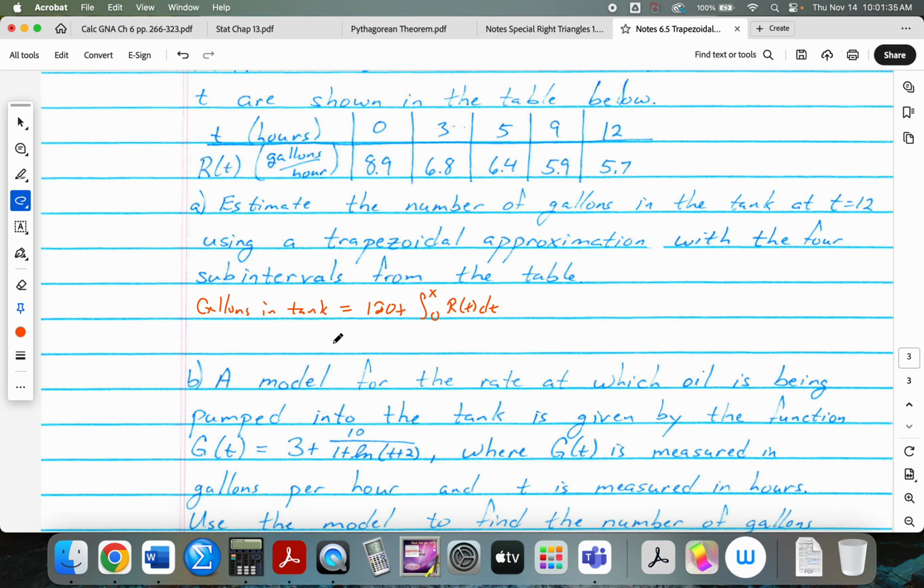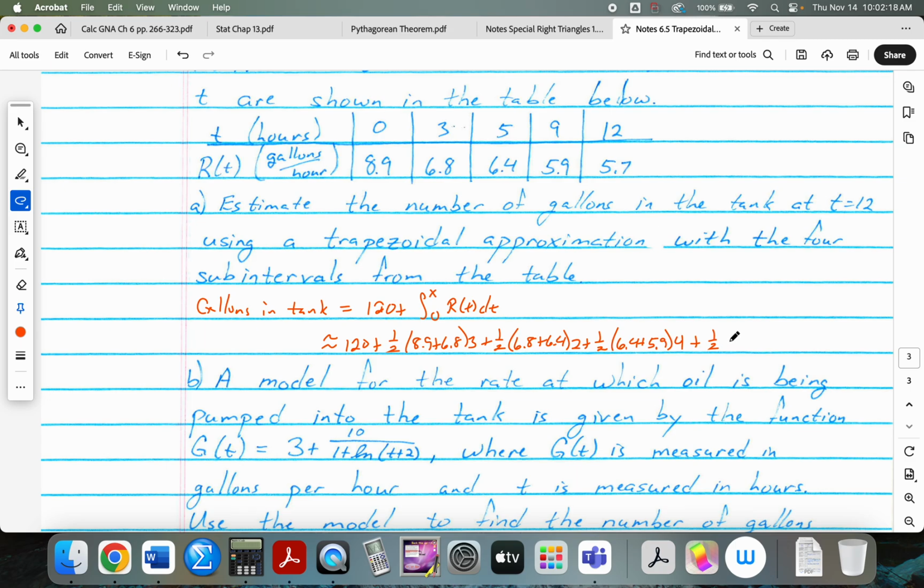So the number of gallons in the tank can be approximated by doing 120 plus a Riemann sum, or, as they asked us to do here, a trapezoidal sum. So it's half of 8.9 plus 6.8 times 3, plus a half of 6.8 plus 6.4 times 2, plus half of 6.4 plus 5.9 on an interval of width 4,